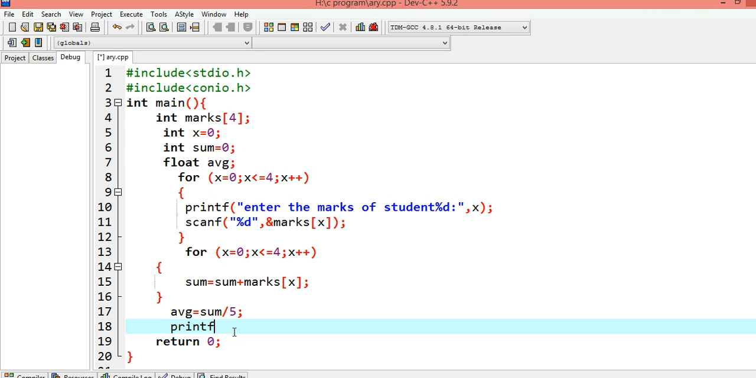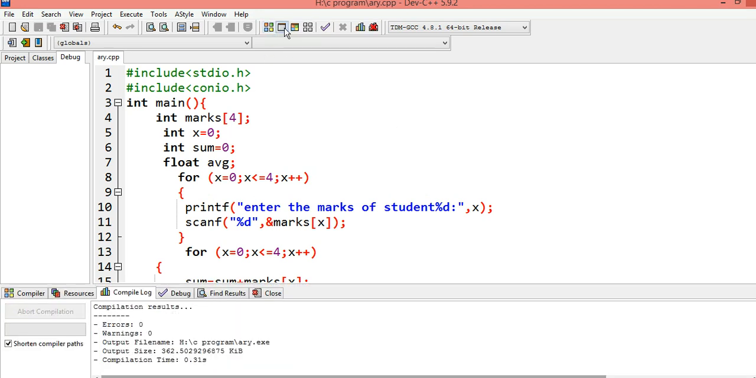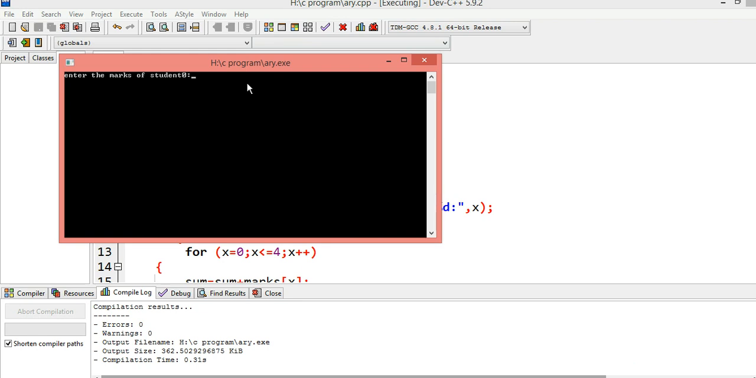So in the printf we should write here, the average is, and write here average. Let us compile it and save it. Perhaps it works. For student 0, I enter 5, and again I enter 10, again I enter 20, again I enter